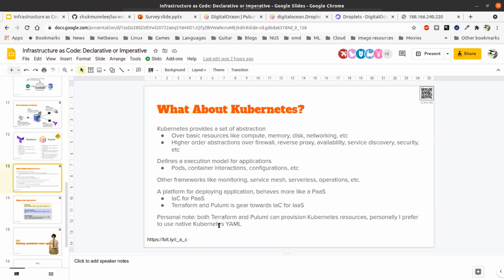But my personal preference is to write native Kubernetes YAML over HCL or using a language to do it, because I find that Kubernetes YAML provides a lot more flexibility, a lot more power, a lot more control. And besides, Kubernetes has stuff like Helm and Kustomize and all those other things that you cannot really do very well in Terraform or using Pulumi.